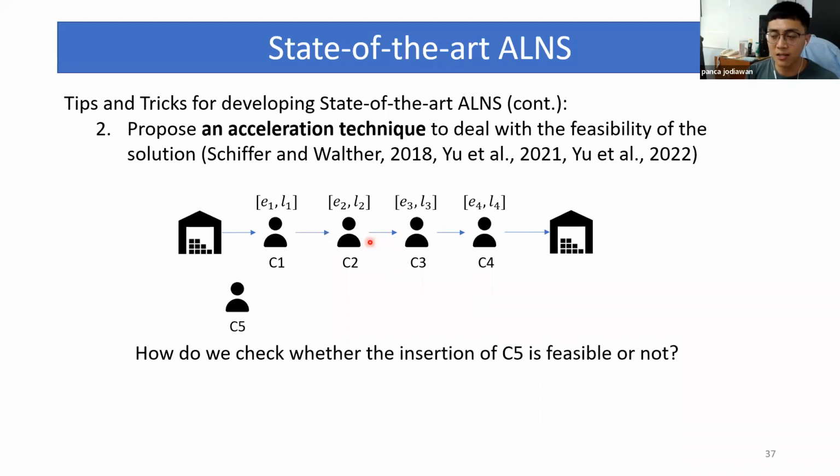We might think of a formula as was mentioned earlier. We will check completely, let's say, with C5 put here. Then we check that from the depot, we visit C5, C1, C2, C3, C4, and come back to the depot. Does it still produce a feasible solution?